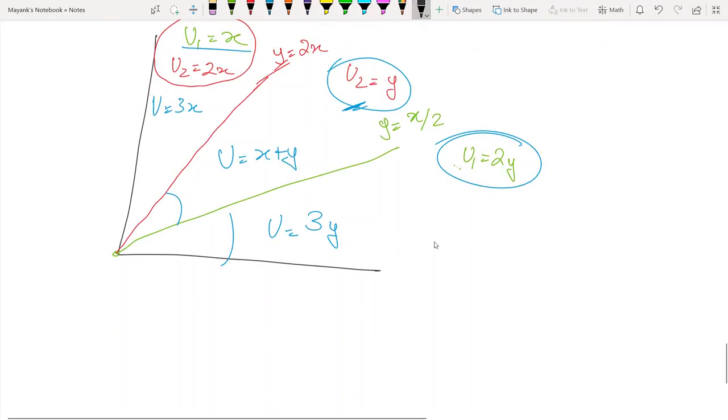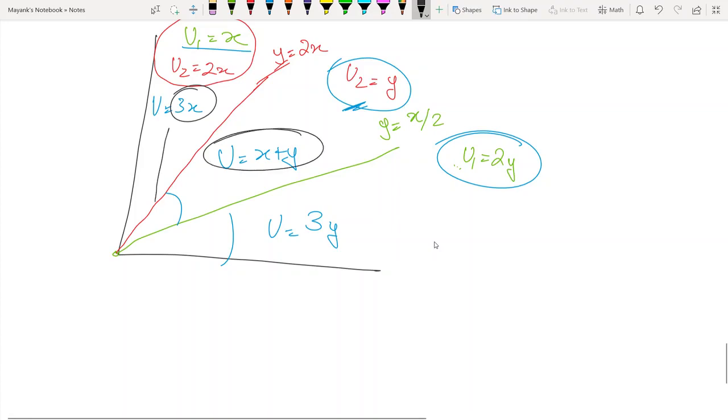So u equals 3x. What will this look like? Horizontal line or vertical line? 3x. So the crucial thing to remember is all points with the same x coordinate will have the same utility. That's my IC. So what kind of points have the same x coordinate? Along a vertical line or along a horizontal line? Along a vertical line. Put x equals 1. The x equals 1 line is all points having the same x coordinate. So it is going to be a vertical line. So here the IC will be vertical.